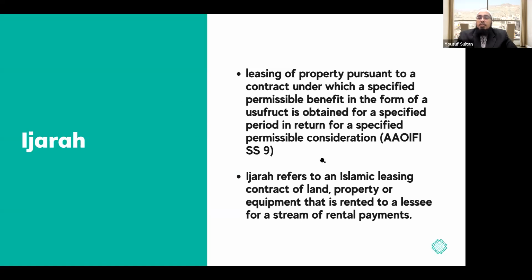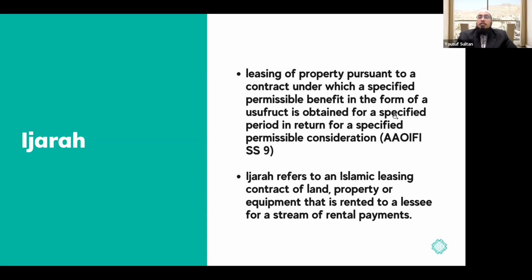Now, if you look at this definition given by AAOIFI in Sharia Standard number 9, it says Ijara is a leasing of property pursuant to a contract under which a specified permissible benefit in the form of a usufruct is obtained for a specific period in return for a specified permissible consideration. So there are several things in this definition. Here it's a property leased, and then there would be a contract. The benefit would be permissible,